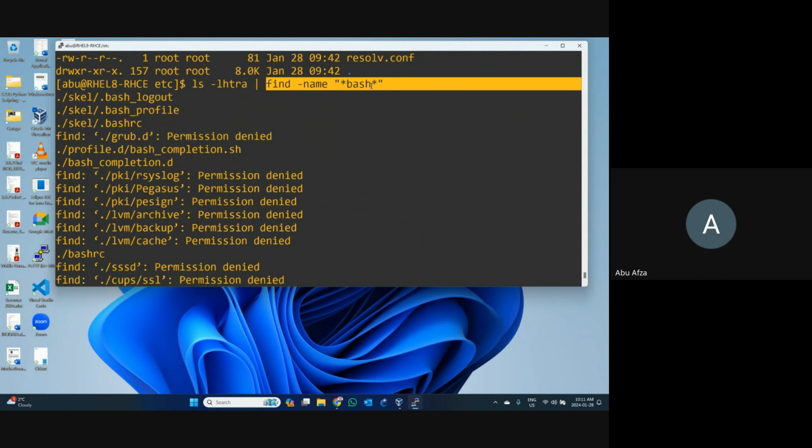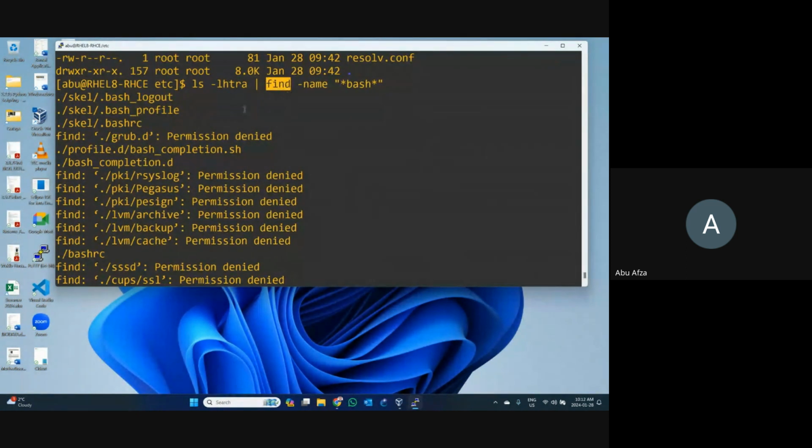What is the meaning of this one before that find command? This command shows all the list of files. After then I use the pipe sign. That means this one first shows all the things. After then pipe means join. After then I write down another command. This command will be implemented on this command. Okay, but all the things will be working behind in your memory. We cannot see those things.